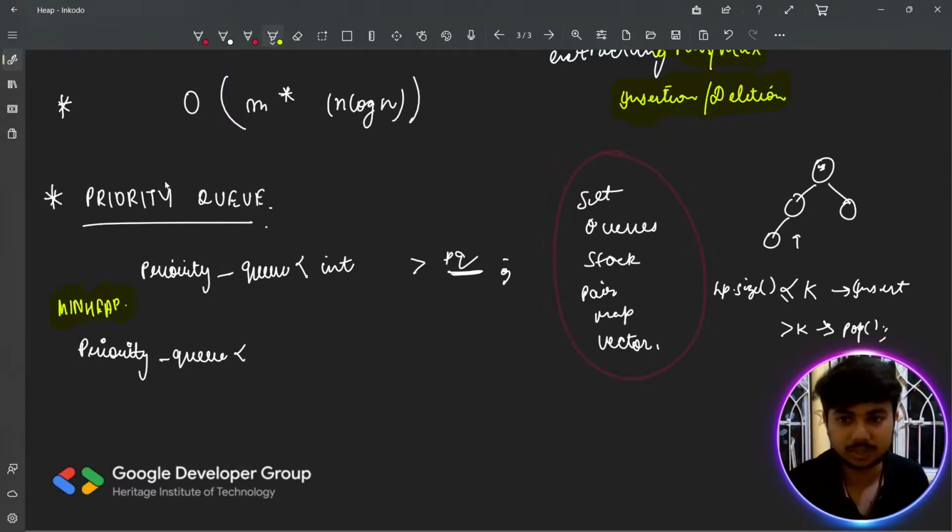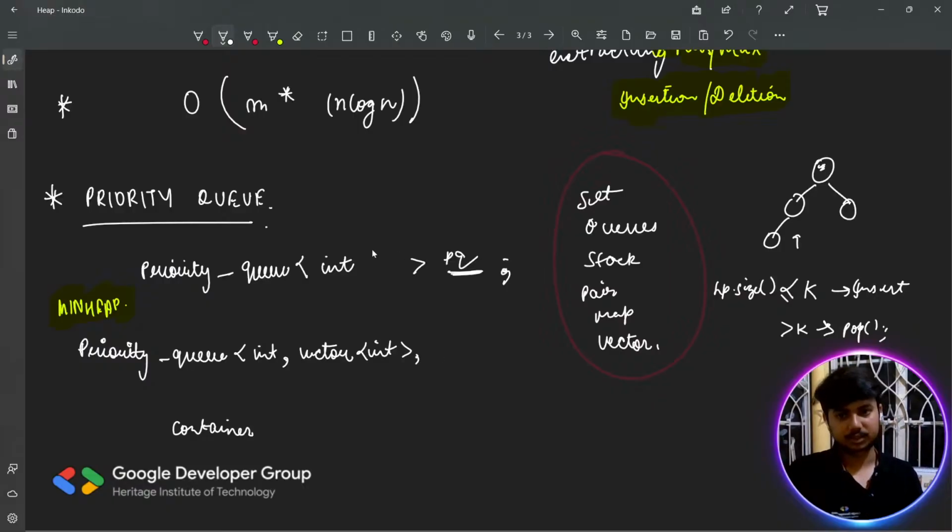तुम्हें कुछ कुछ यहाँ पे डालना पड़ेगा स्ट्रक्चर में। First of all you'll have to define the data type. The second you'll have to define is container, the type of the container that this will be using, and by default it is a vector. You can define it as vector integer. अभी ये सबसे इंपॉर्टेंट है, यहाँ पर जो लिखते हो, this is the most important part. You write two things here, okay? The first thing is either you write greater and you define the type, or you write less int. जब तुमने लिखा greater int